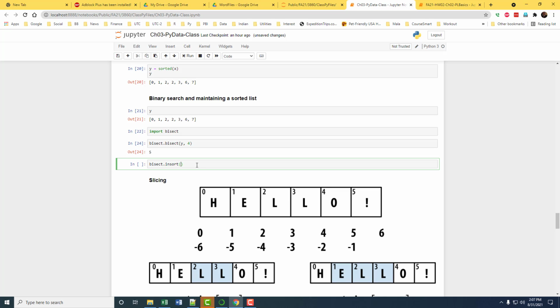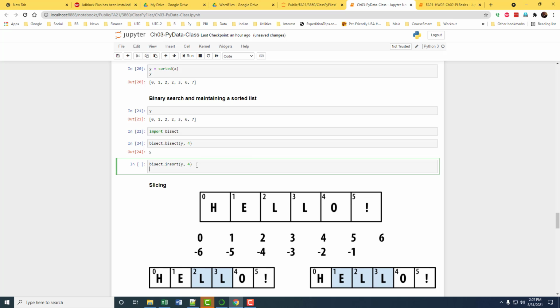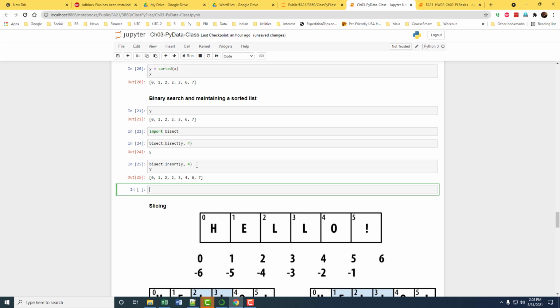You want bisect.insort to insert, without disturbing the sort order, the number 4. So the number 4 got inserted right there.